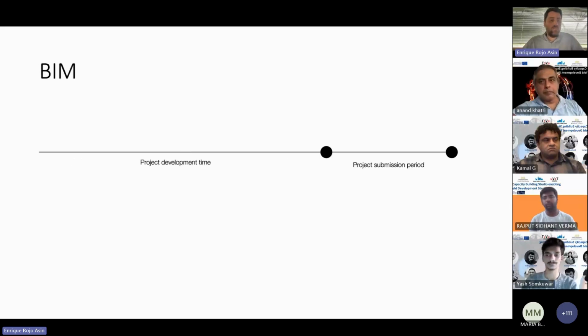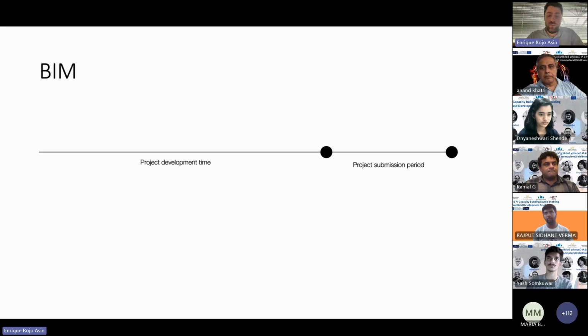No, so with these new technologies of BIM, for example, apparently we are going to be able to use less time for producing the images or the plans, because they use standardized objects, and more time for project development.